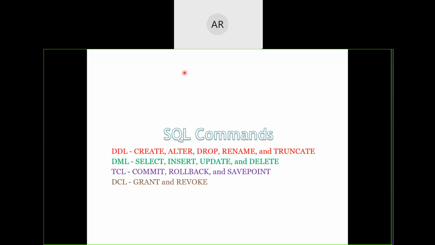How many commands are there in TCL? That's the third, so only 3 commands. How many commands are there in DML? That's the second. After 5, 4 comes. So 4 commands. Now what are those commands? We will try to memorize them separately. Is it clear?